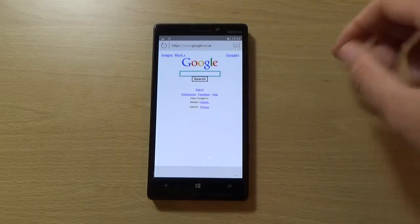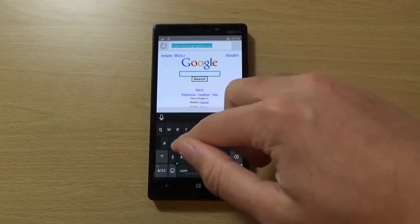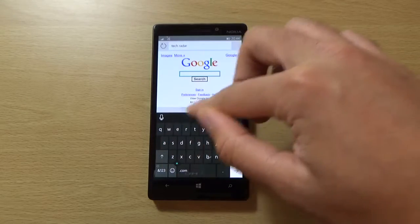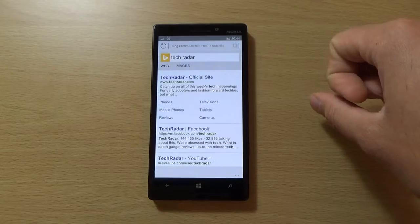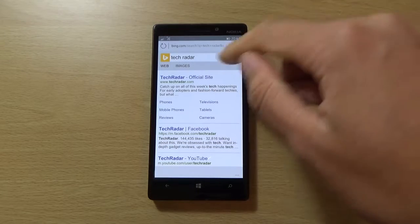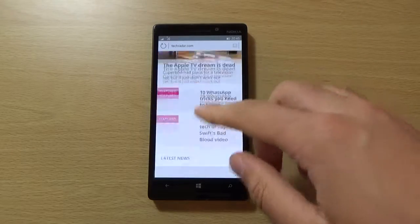You can see we do have Project Spartan here, which is going to supplant Internet Explorer, which I don't think many people particularly enjoy. Personally, I always use a third-party browser with Windows Phone, but you can see here this Project Spartan does have quite a lot of promise. It seems to be very nippy at loading pages, as you can see,